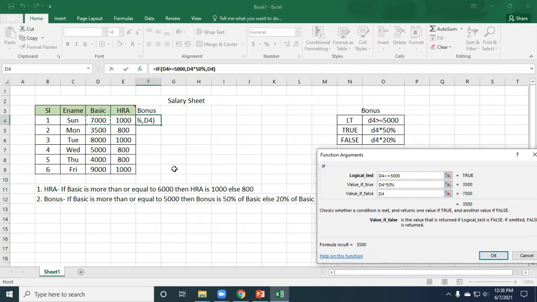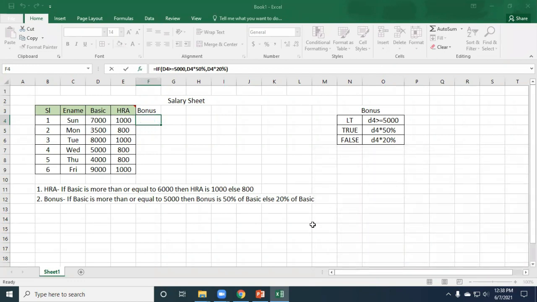So just basic into 20%. So the condition is, if basic is more than or equal to 5000, if true then basic into 50%. If false, same row, same value, basic into 20%.